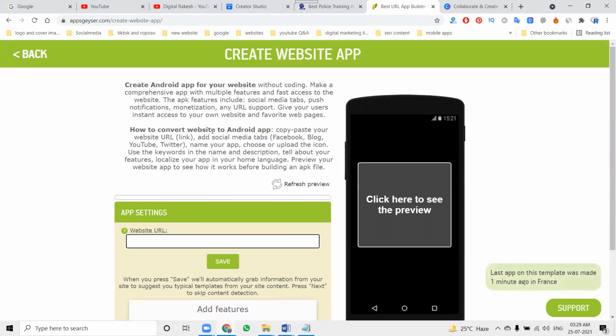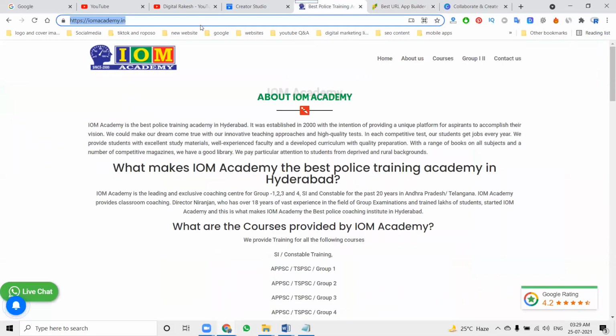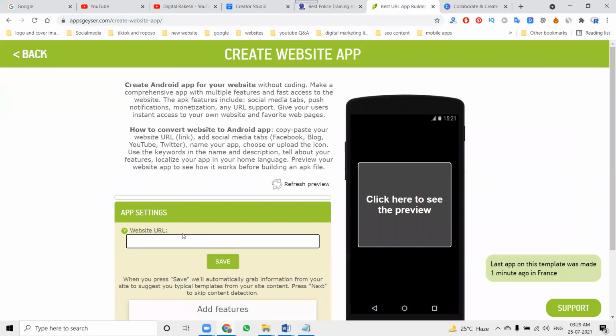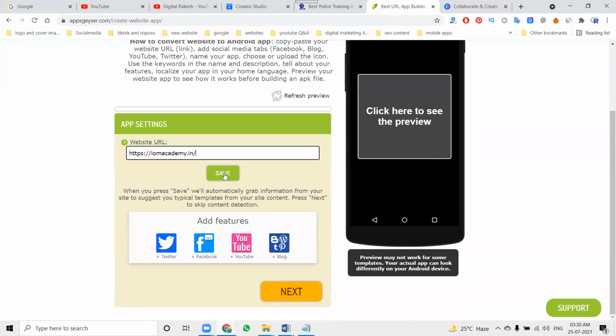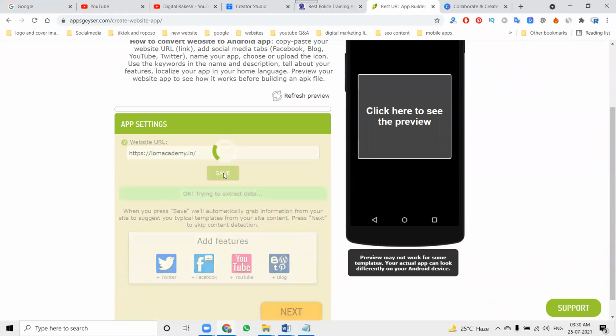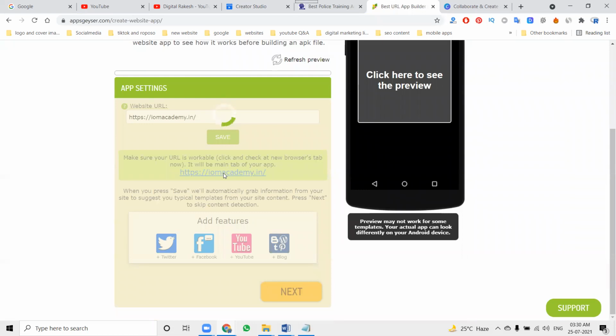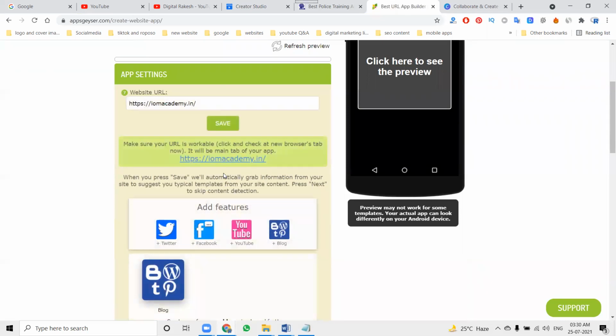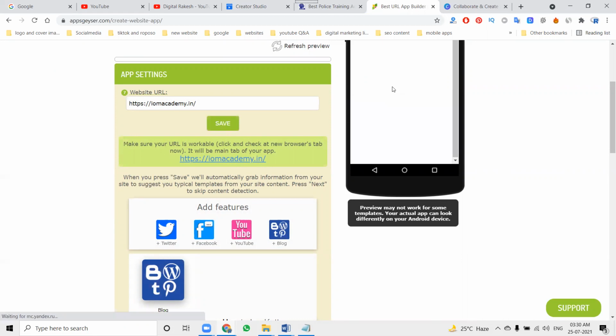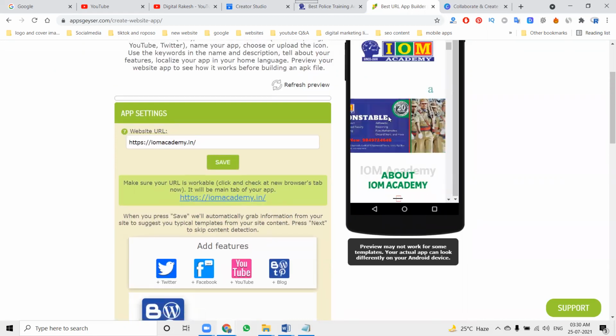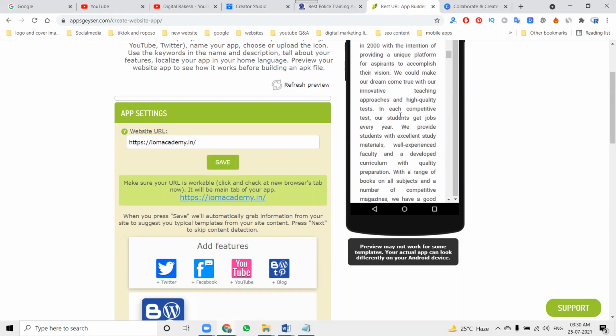Nothing to worry about, no coding knowledge is required. Just place your URL and click this option. Once I click save, this is complete for business, not for earnings. I can present my business to the customers. I can send the link, they will download it and use it as a mobile application. We can also show particular videos on a particular page to the customer.